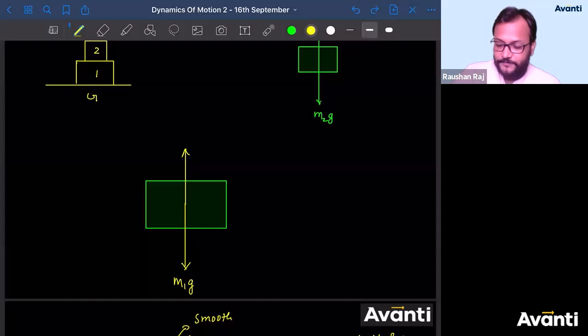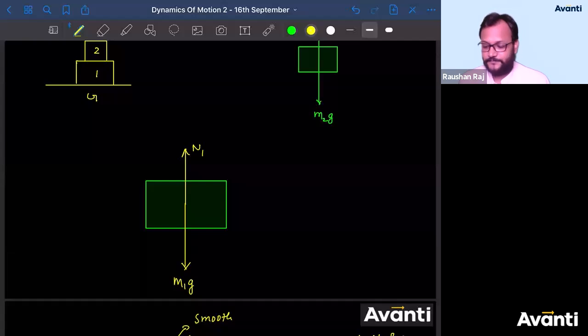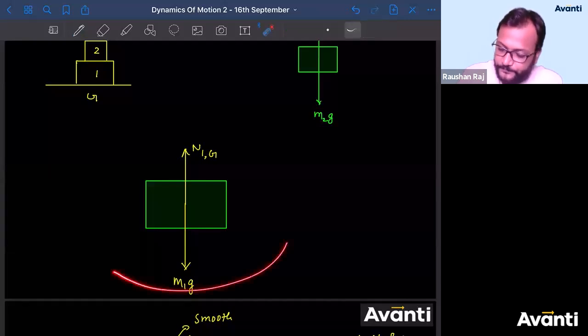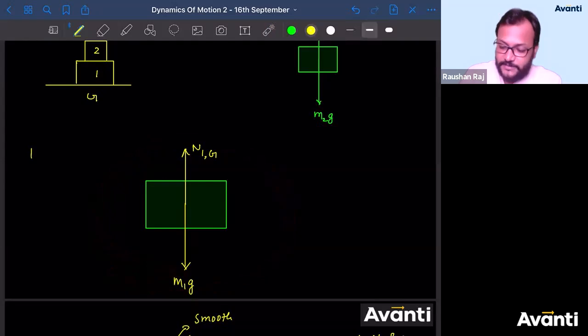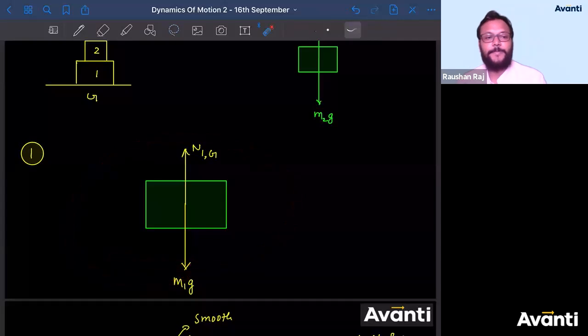So this will be the force on, किस पे लगा बच्चा लोग? This is force on 1 because of ground. N1G. This is force on 1 because of ground. ये तो हो गया. अच्छा. Guys, did I miss something here? Or are these the only forces that will act on block 1? Tell me guys, did I miss something or will there be only 2 forces that will act on this block 1? Please feel free to comment.